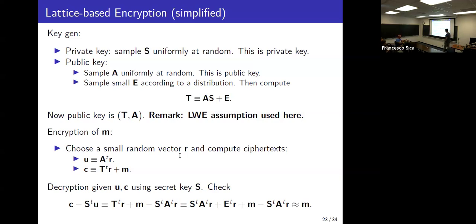I just do a transpose, make sure the dimension matches. So C, I'm going to plug in with the T to the TR plus N, this part, minus ST times U, which is ATR. So I literally copied it in here. And of course, now I'm going to plug in the definition of T. T equals AS plus E, therefore T transpose, this part, equals S transpose A transpose plus E transpose, so I have this part.